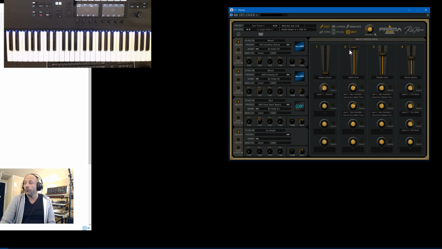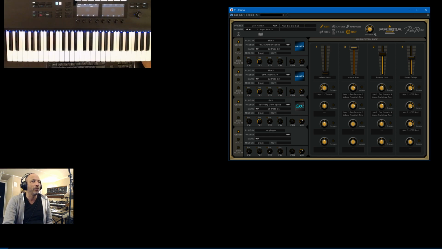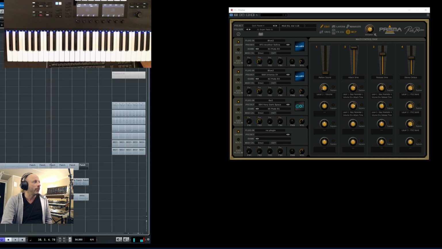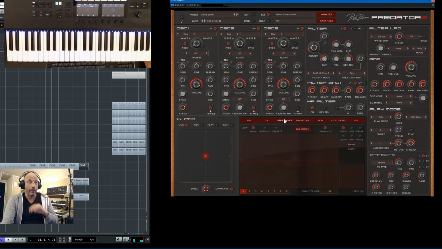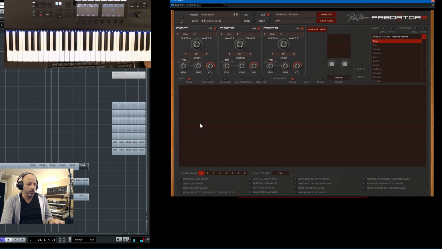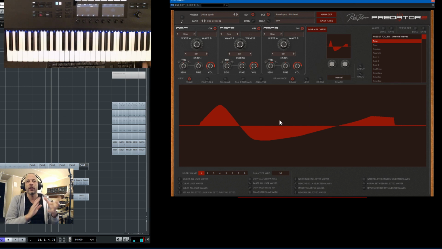So yeah, and of course Blade 2, what we are thinking about is, of course Blade now controls the harmonics, but we want to have it a bit similar also to what you can do with Predator. If I go to Predator now, Predator has of course the user waves and the analyzing stuff of user waves. Big screen, you can draw your own waveforms, but this is still a very static way of doing it. Of course, if you would analyze a sample in Predator 2, it takes the harmonic content, but it's only a fraction. And what would be interesting is to take it a bit longer, so it would be a bit more